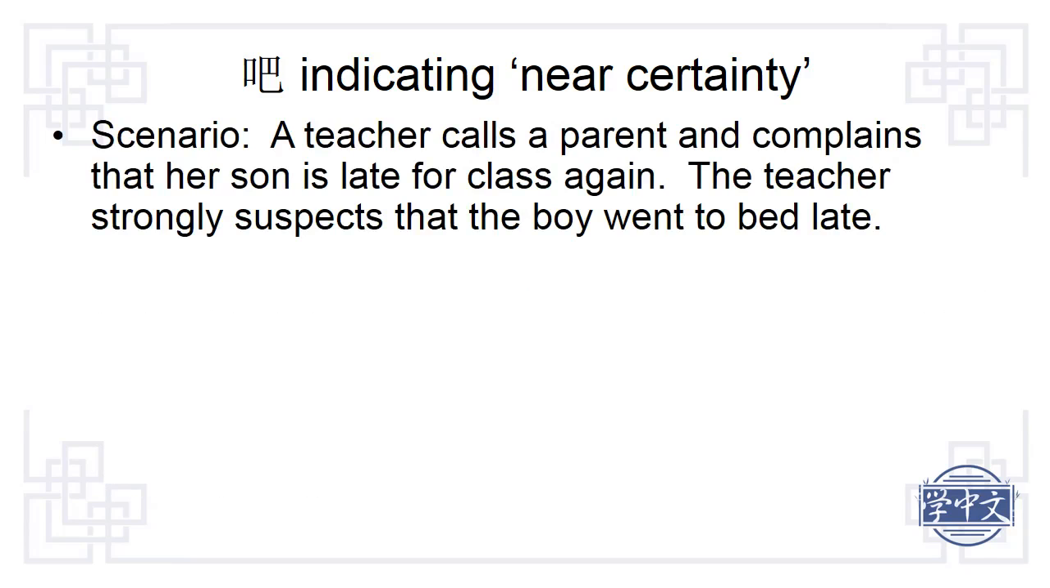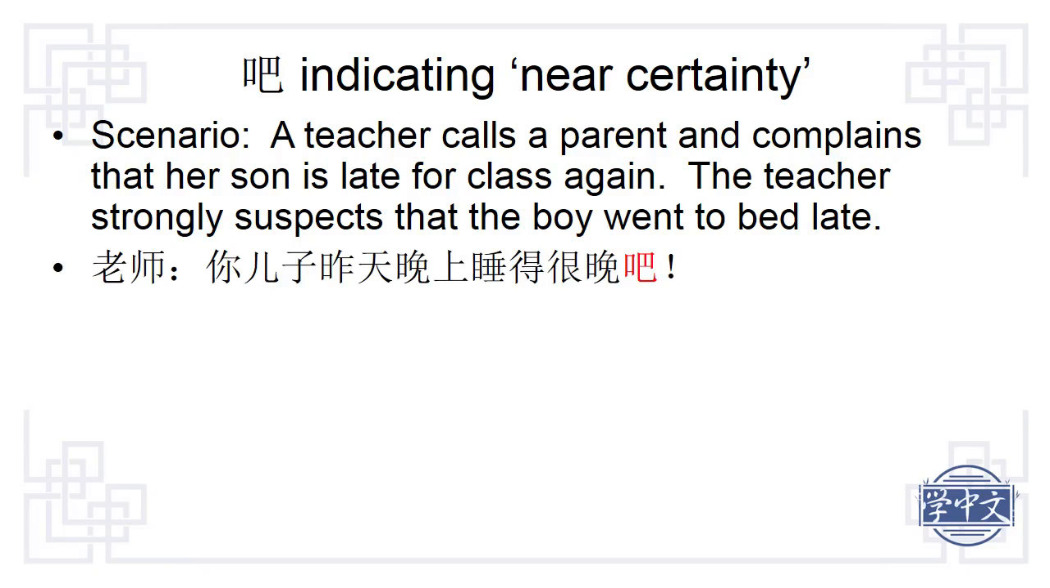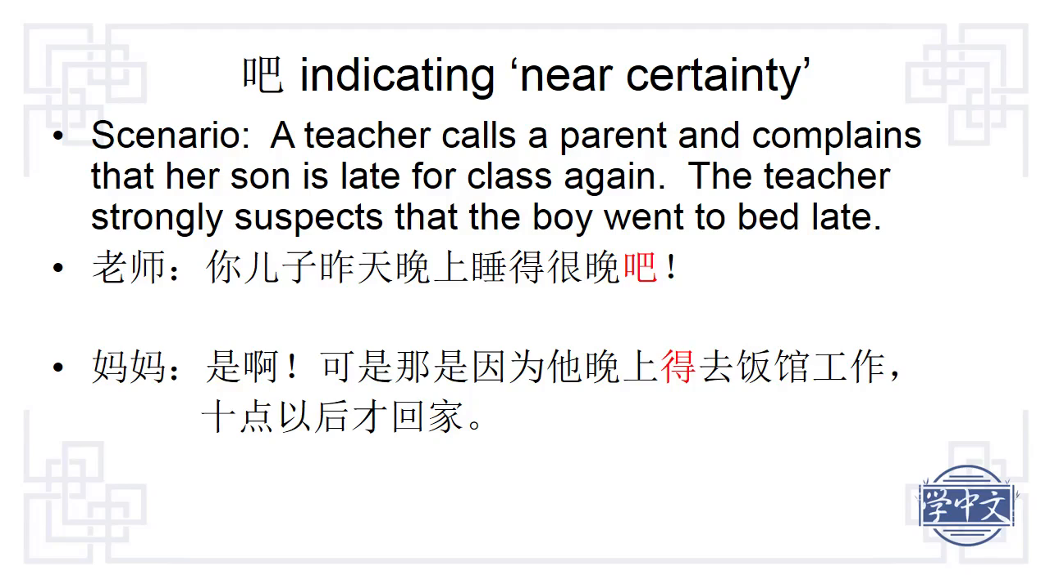This example will give you a clear idea of the two different kinds of must in Chinese. One is near certainty, one is obligation. The scenario is a teacher calls a parent and complains that her son is late for class again. The teacher strongly suspects that the boy went to bed late the night before. She says, 你儿子昨天晚上睡得很晚吧? The mother says, 是啊，可是那是因为他晚上得去饭馆工作，10点以后才回家。When we translate these two sentences into English, each can have the word must,